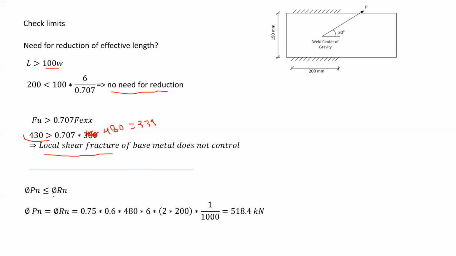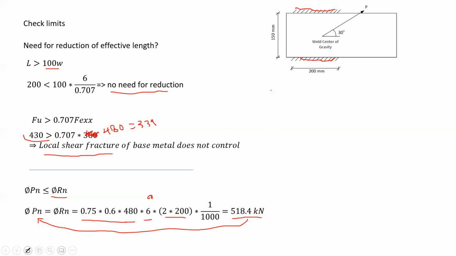All right, now we want to consider that the weld capacity is bigger than the factored load. So I will calculate the capacity of welds that I have, 0.75 by 0.6 by 480. Yes, this 480 is correct. And multiplied by A, the fillet weld, and multiplied by the length of the weld, 2 multiplied by 200, because of course I have the weld on both sides here and there, and divide by 1,000 for conversion of units. Lastly, it appears that the capacity of those welds is equal to 518.4 kilonewtons, and that would be the factored